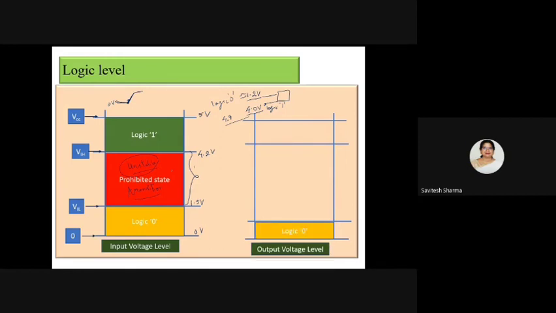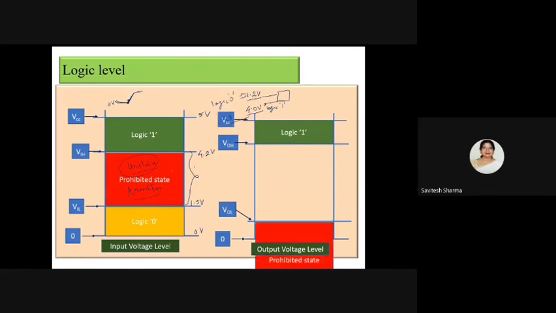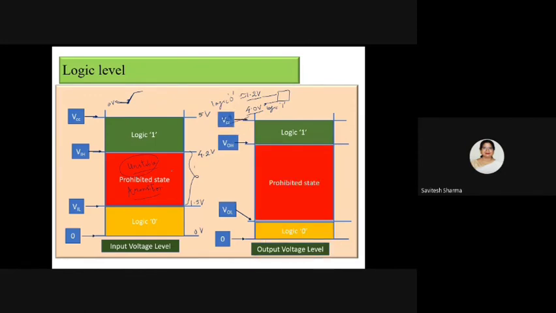The same voltage range we will define for the output voltage level. This will also be a voltage level that shows the range and the tolerance that can be borne by your digital logic circuit. Again I am showing you the range, but I am writing a different name for the voltage level. This one is related to input, so I am writing VIL: I for input, L for low. Here I for input, H for high. These are the two voltage levels I am showing you.